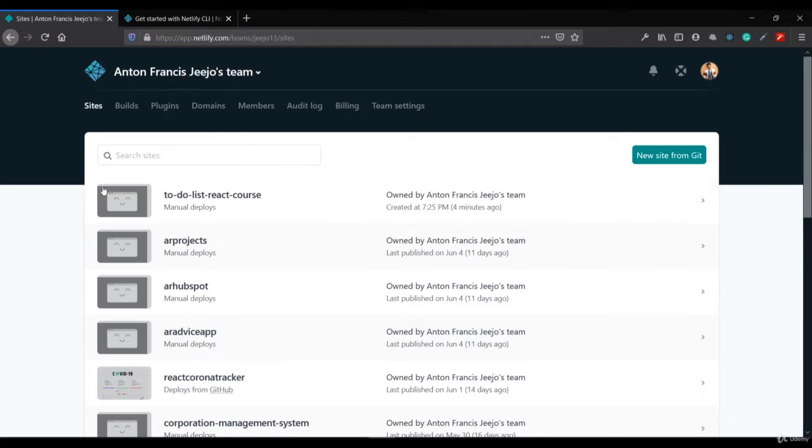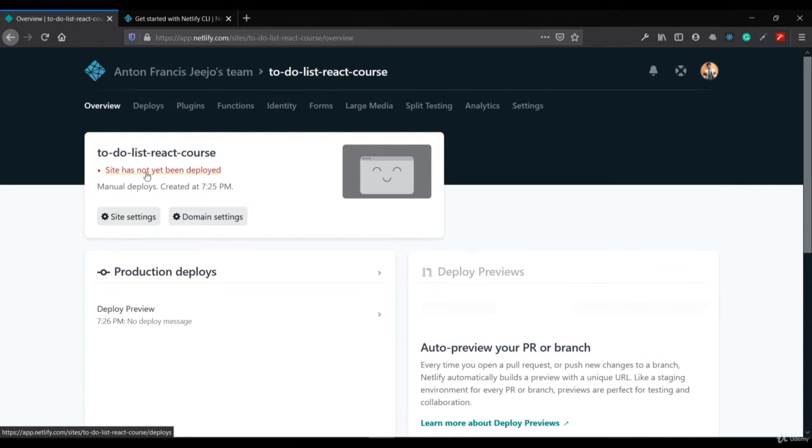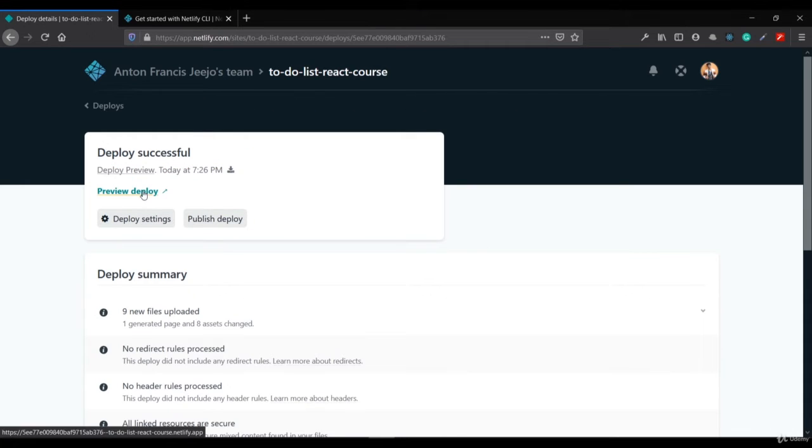Here I am back in the Netlify site, and here you can see the course which we just deployed, the to-do list React course. If I click it, you can see the site has not yet been deployed. So you can just tap over it, and here you can see the deploy preview. If you tap it, you can click the preview deploy,